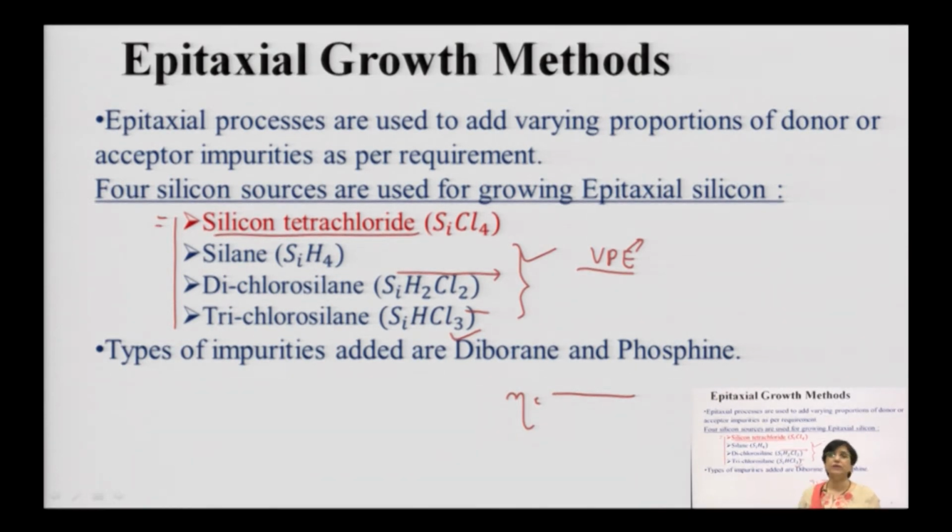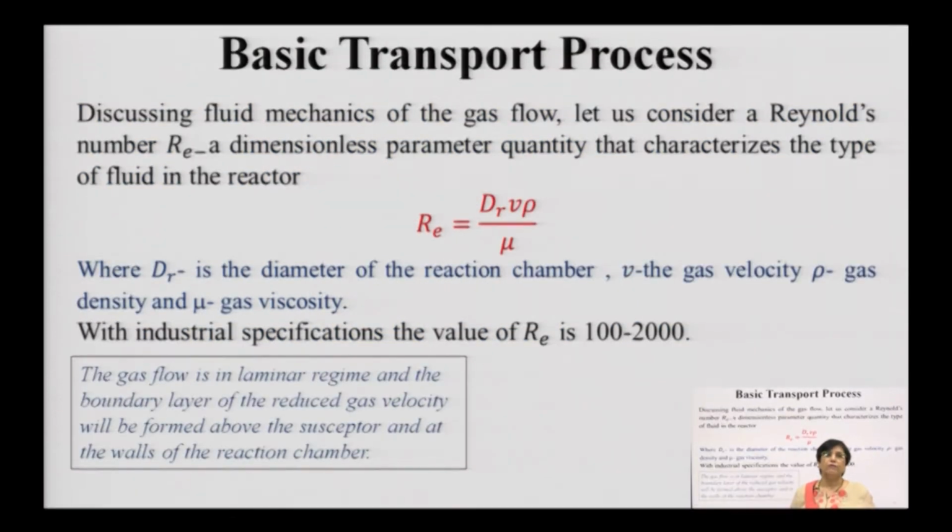So, that is the maximum yield you get as far as this particular growth process is concerned, and therefore silicon tetrachloride is the most efficient material, and that is the most recommended material as far as silicon epitaxy is considered. Now, we need to know the growth kinetics. Unless you bring it down to your mathematical or modeling domain, if you want to control the reaction, you must know what is happening in the chamber.